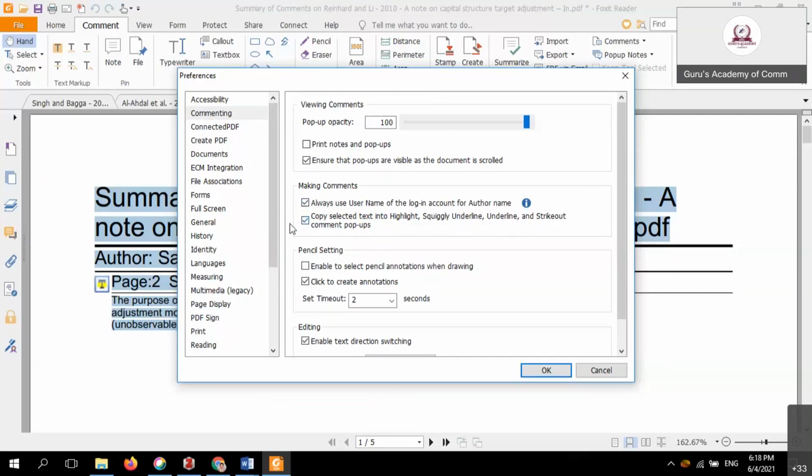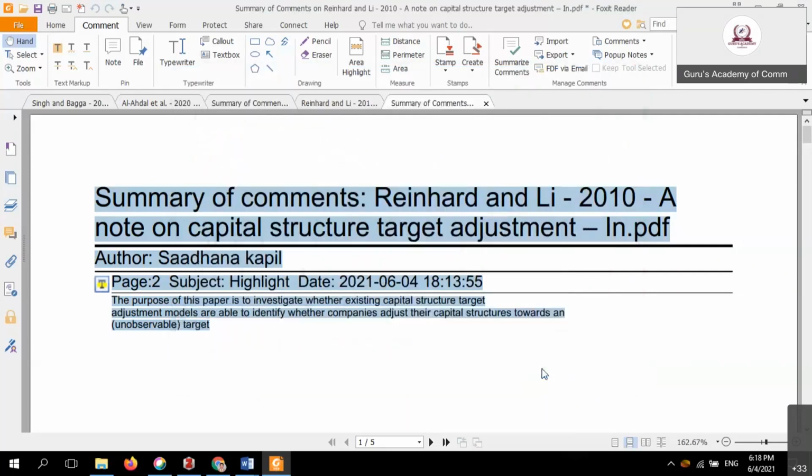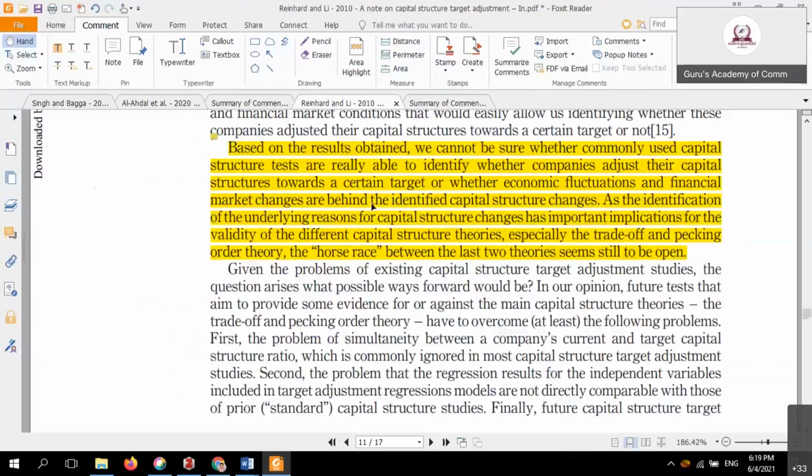Copy selected text into highlight. If you select the text, it directly moves into the highlight section. Normally it is disabled. Make it clear, normally disabled. You should ensure that it is enabled. Give okay. And then if you select any item, it will be added to the comment.